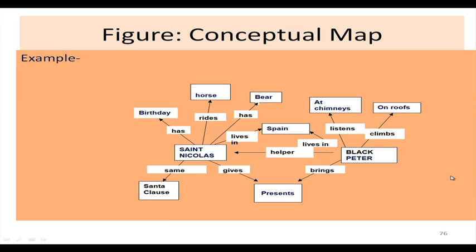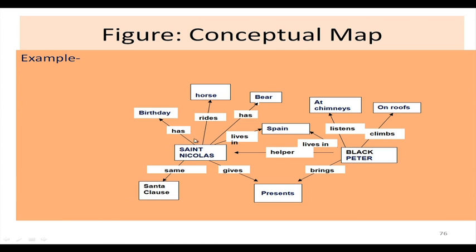So, see, there is another example that I have taken here. See, there are two people you can see here in the figure, a saint and his helper. His name is Nicholas and his name is Peter. See, if you look at the node, he is a helper of this person, right. Now, these are some of the things that are associated with this person. He lives in Spain, he also lives in Spain. So, that is how they are related. He is a helper to him,